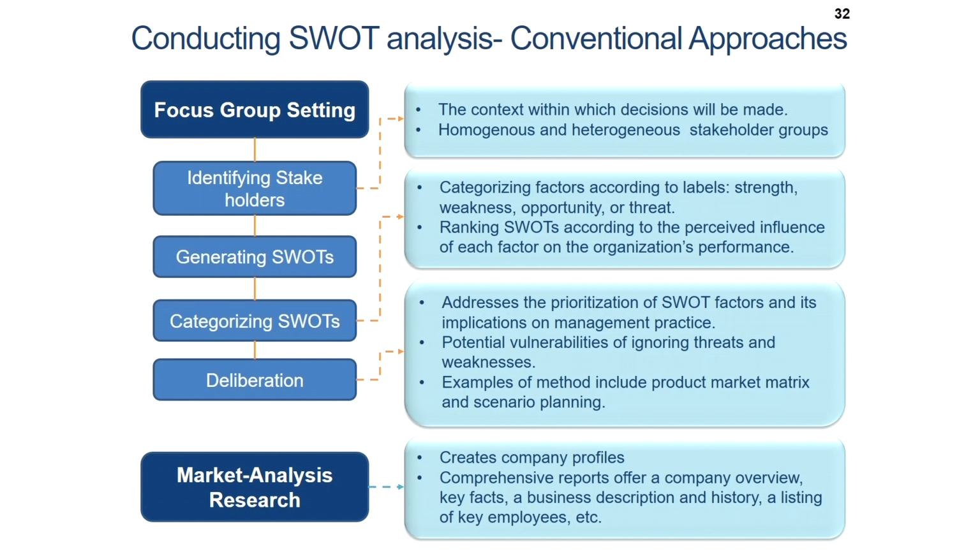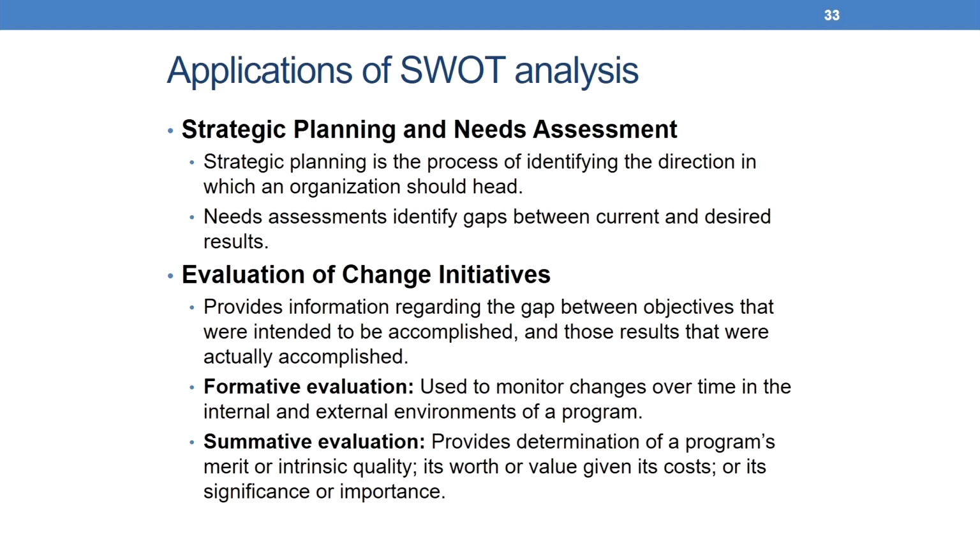When we are identifying stakeholders, we consider the context within which decisions will be made, and homogeneous and heterogeneous stakeholder groups. With regard to categorizing the SWOTs, we categorize factors according to labels, ranking SWOTs according to the perceived influence of each factor on the organization's performance. And when we are deliberating, we address the prioritization of SWOT factors and their implications on management practice, and the potential vulnerabilities of ignoring threats and weaknesses. Examples of methods include product market matrix and scenario planning. Some of the applications of SWOT analysis are in strategic planning and needs assessment,